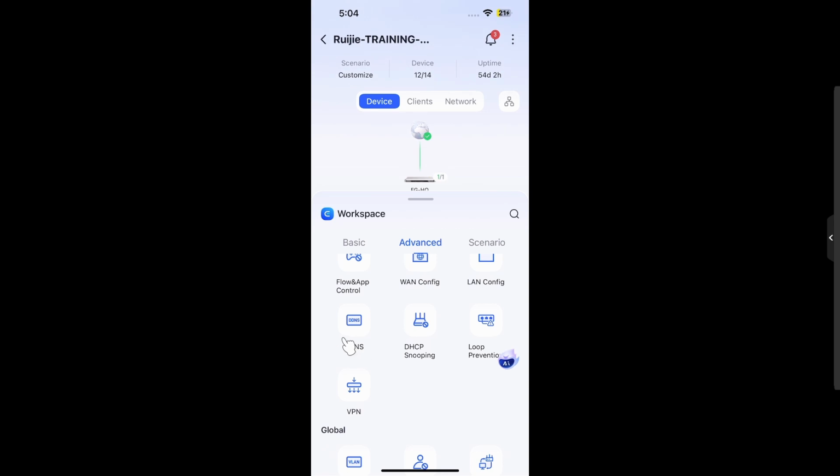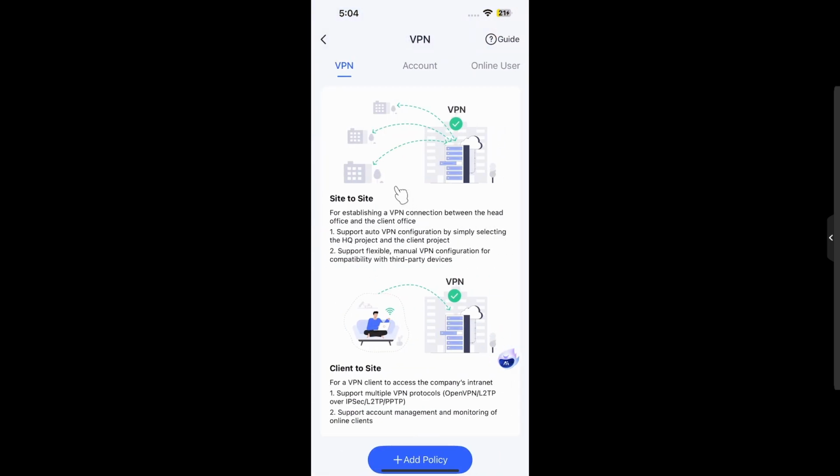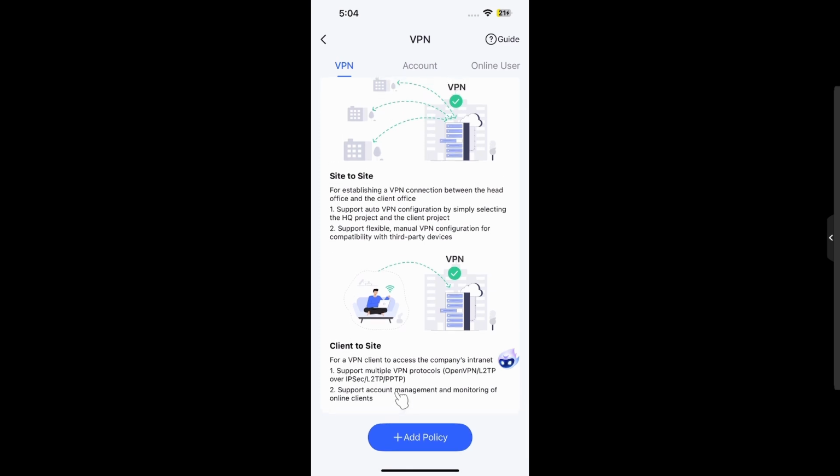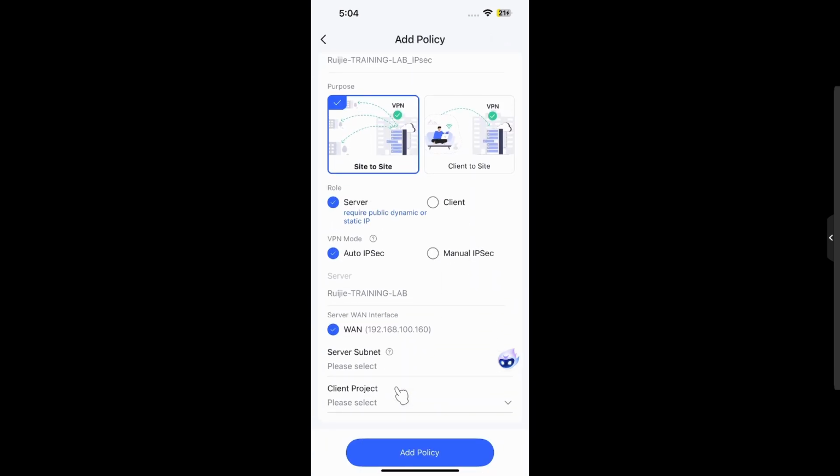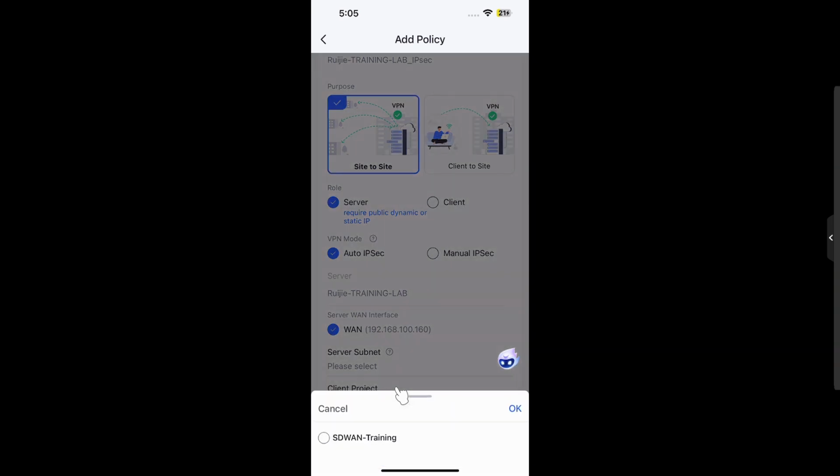And other options like the WAN configuration, LAN configuration, then the VPN you can configure on the Ruijie Cloud application, like site to site and client to site. Add VPN policy, do the configurations. It's simple. Select the project. For example, this is my second project. We'll select from here. If you have the project on cloud,